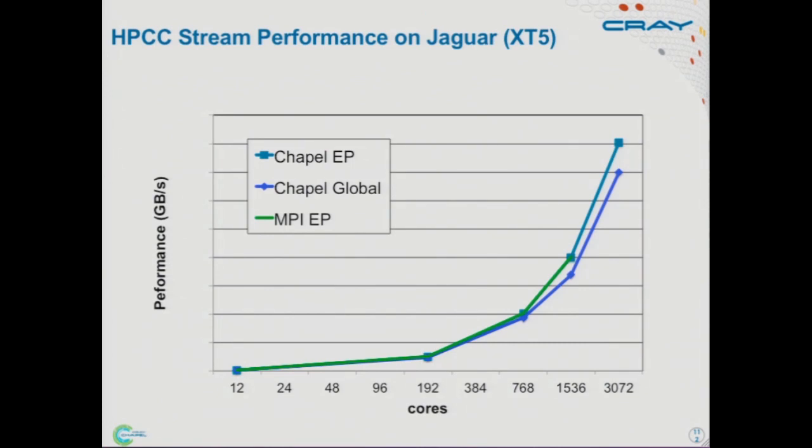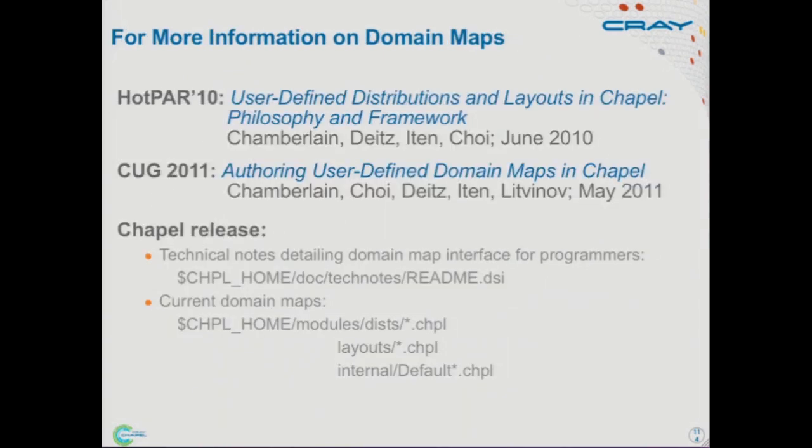So that's future work. And I should say, something we've had a lot of success with in our previous work on the ZPL language. So it's a matter of bringing that work forward to the Chapel language, which we just haven't gotten to yet. If you're interested in learning more about these domain maps, I've noted a couple of papers here that describe them. And if you download the release, I've pointed to places in the code where they're documented and where you can look at the code that we use to implement block distributions and sparse arrays and things like that.